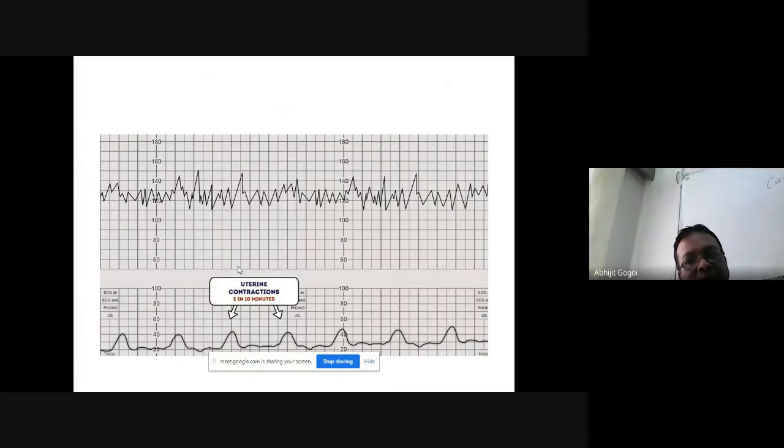So okay, let's find out. Now this is the fetal heart rate. This is uterine contraction, so we'll focus first on the uterine contraction. Now these are 2 dark lines. See, 2 dark lines. So this is 1 minute, 2 minutes, 3, 4, 5, 6, 7, 8, 9, 10. So from here, this is a 10 minute session.